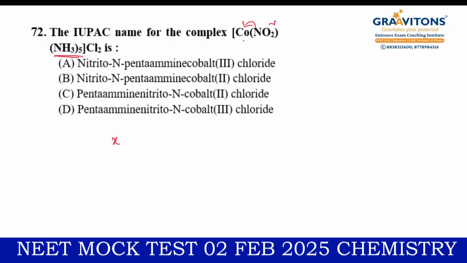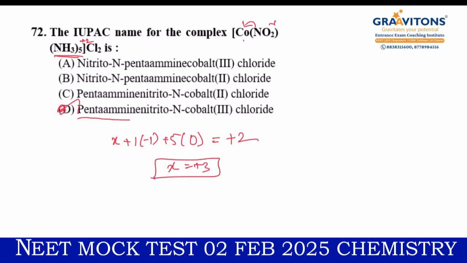When I take cobalt as X and put one NO2 group with charge minus 1, and the complex charge is plus 2, and 5 into ammonia being a neutral ligand, it is 0, and that is equal to plus 2, and X equals plus 3. So cobalt has plus 3 state. Can you find option D, which gives you pentaammine nitrito-N cobalt(III) chloride, and that would be the right